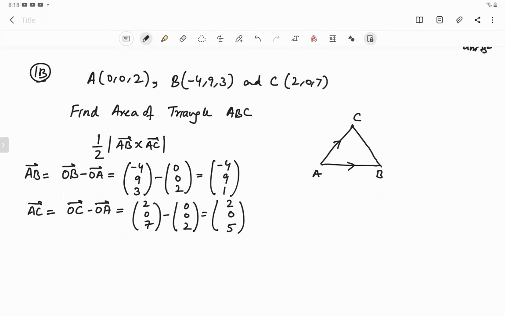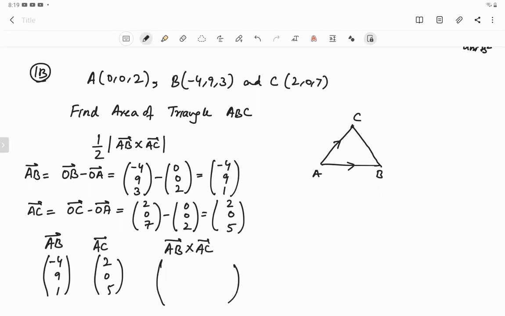Okay. Now we calculate the cross product of AB and AC. We write AB over here like this, (-4, 9, 1), and for AC, (2, 0, 5). And for those who have not yet practiced the art of the cross product, I repeat the whole procedure. In order to calculate the first entry of this cross product, you put a line on this entry. You do not use this, and find the determinant of the remaining numbers. So this gives you 9 multiplied by 5 minus 1 into 0.